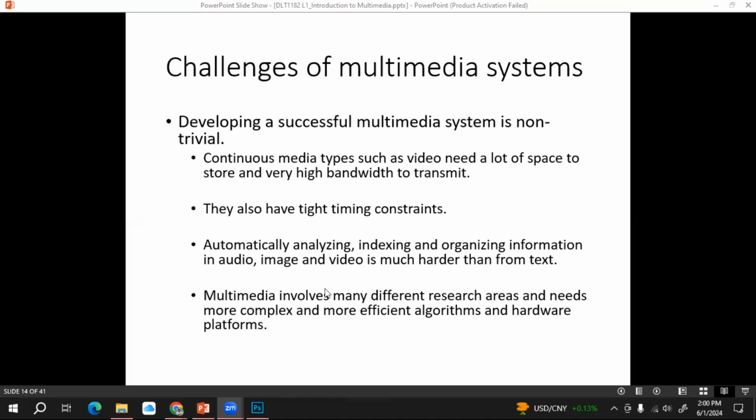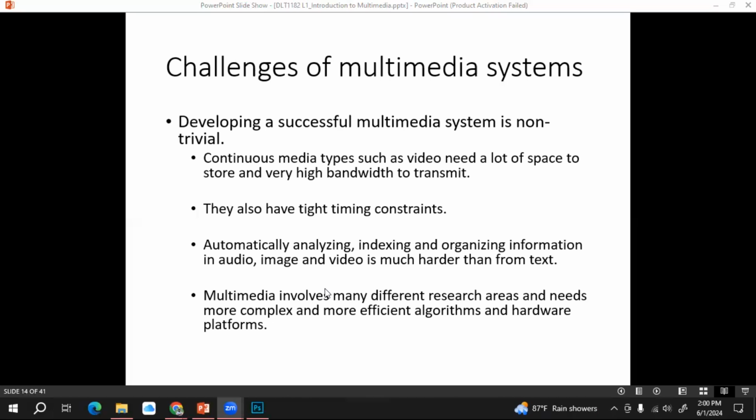Okay, then automatically analyzing, indexing and organizing information in audio, image, and video is much harder than in the form of text, right? It is very easy to store, index, and retrieve text data, and also to analyze it.